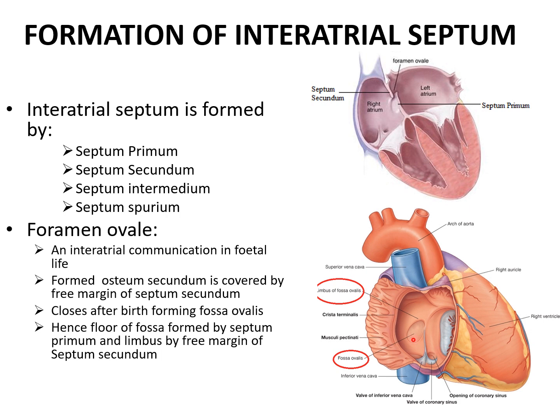But later on, after birth, as the lungs start functioning, this foramen ovale closes, right? And we see this in the adult heart as a remnant called fossa ovalis. The limbus of the fossa ovalis is thus formed by the margin of the septum secundum, and the base of the fossa ovalis is formed by the septum primum.